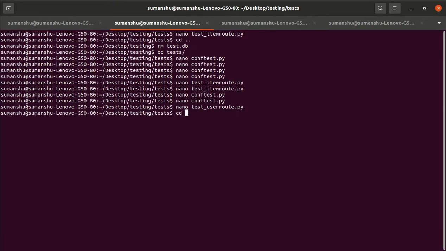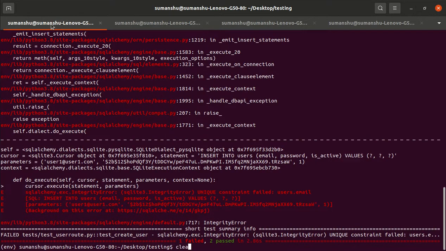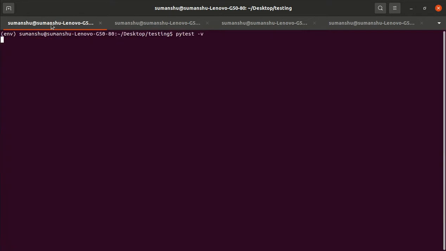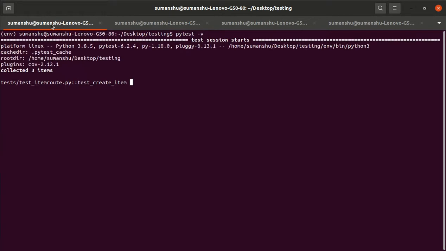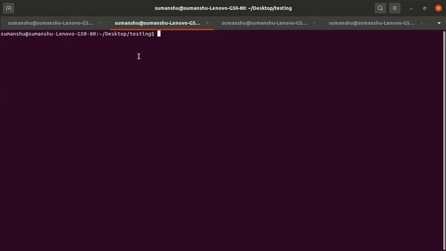Okay, and let me drop the database. So now everything will run from scratch. Now the create item is passed, retrieve item is also passed, create user is also passed. So why did I use the different